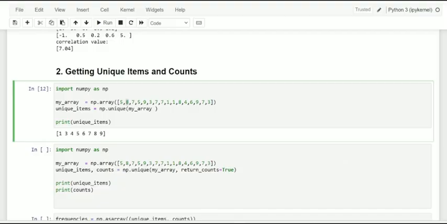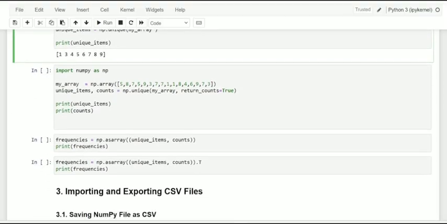Of course, we can get it done by using both functionalities. Kindly observe, dear friends. Here we are going to have the unique items and their occurrences. The unique method in this case returns a tuple which contains a list of all unique items and a corresponding list of counts for each unique item.